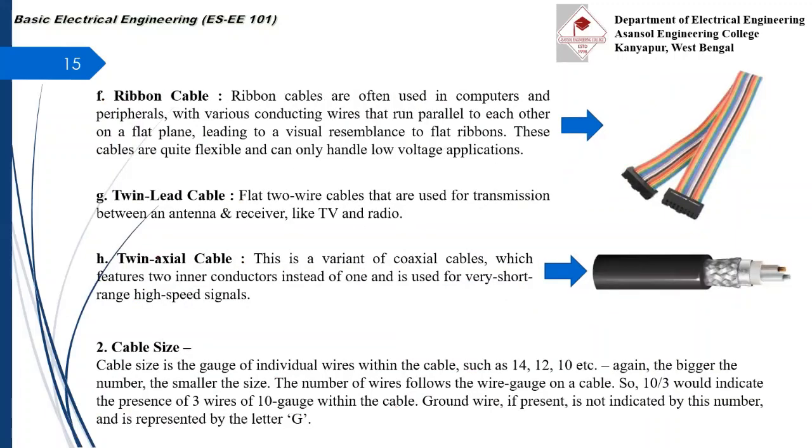Okay. Next is the ribbon cable. It is 6th number. Ribbon cables are often used in computers. It is also called rainbow wire. You may have heard of this. You may hear this if you go for robotics purposes. This kind of wire is used. This rainbow wire is used in autonomous or manual robotics.